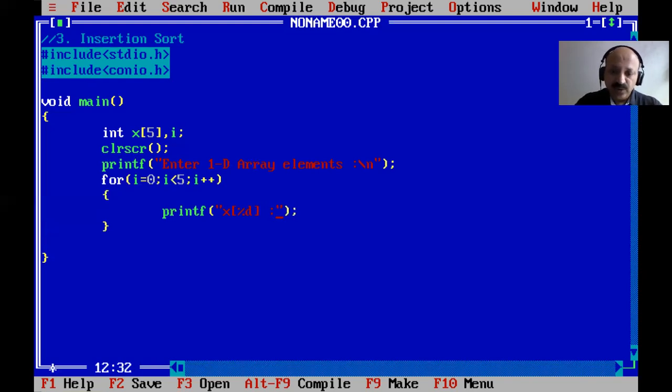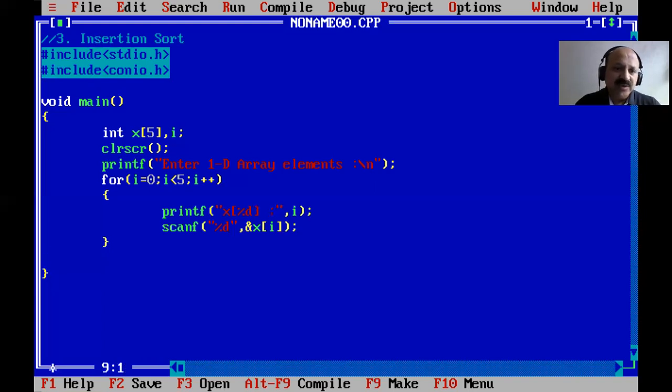You can also print the index at scan time and print time in array programming, so you can identify which element is stored in which place. Then scanf x of i, ampersand x of i. So that completes the scanning.